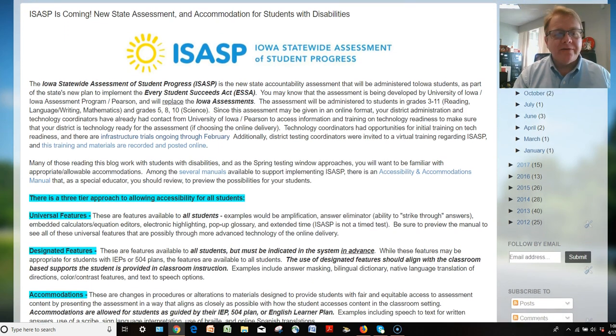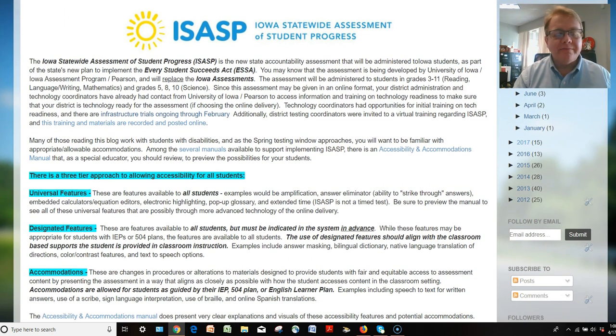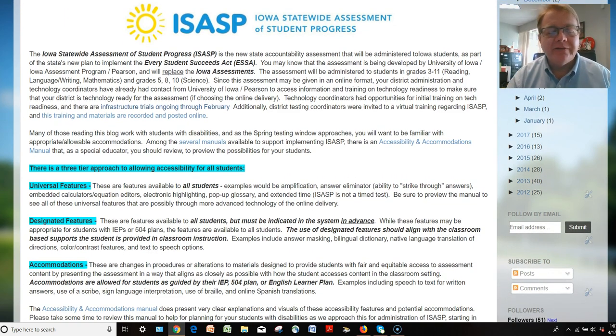What I've got in front of you on the screen here is just a brief summary of this process and the model that ISASP is using, that Pearson is using for accommodations and accessibility. And this was on a blog that was sent out back in December, but I just wanted to start here and then take you to the Accessibility and Accommodations Manual and dig a little bit deeper there. But what you're seeing on the screen right now is a nice summary of how they have set up